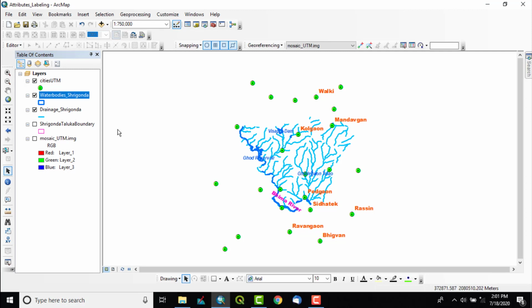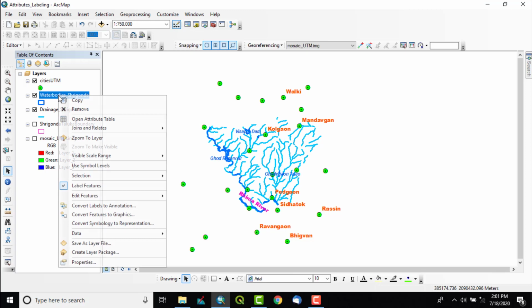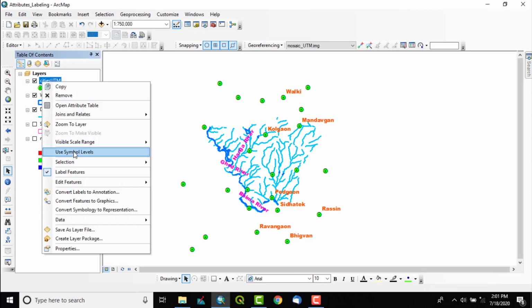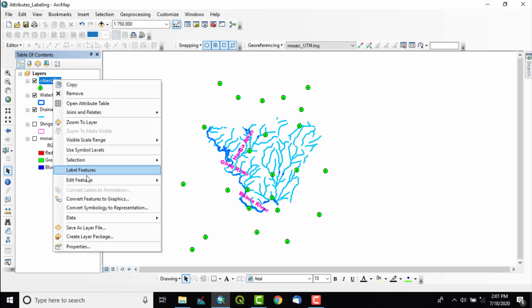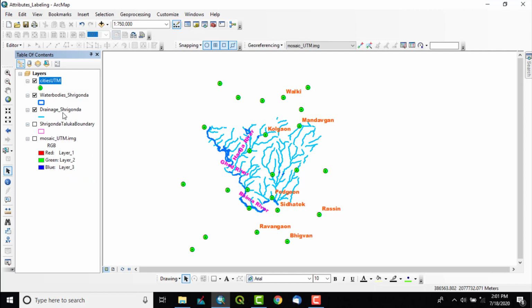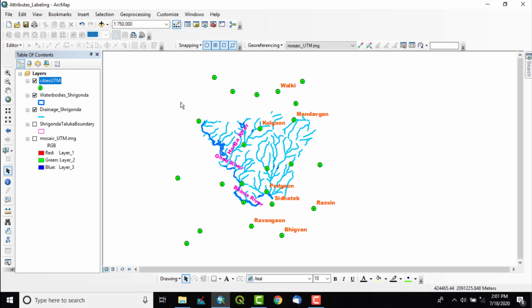So this was all about attributes and labeling. We can simply switch it off from here, label feature, and we can switch it on again from the same option here. This way attributes can be given and labeling can be done.